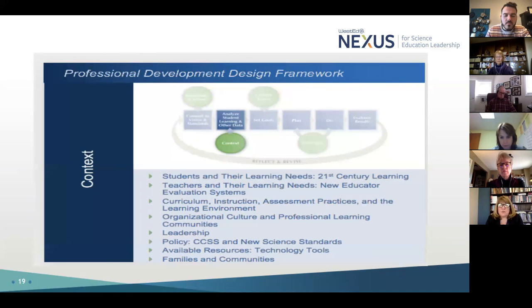So who are the students in this context, and what are their learning needs? That will lead you to select specific content that's designed to support students, that is right for them, and it can be culturally responsive to the students in that context. Likewise,